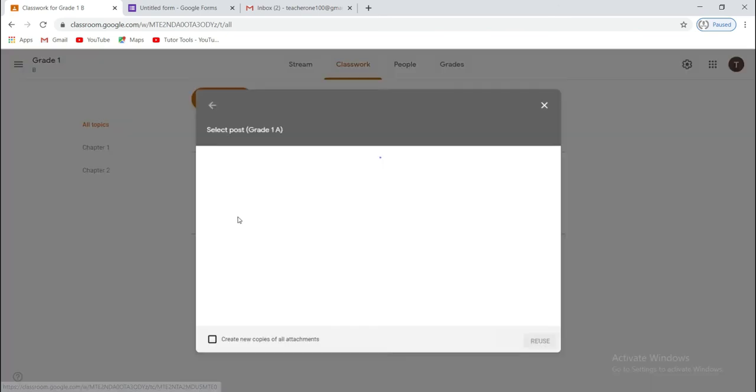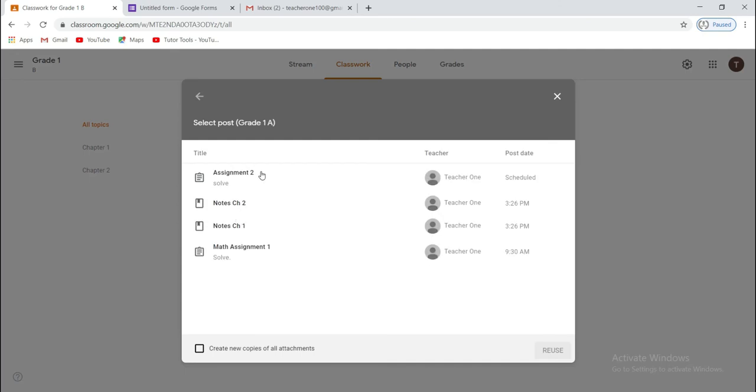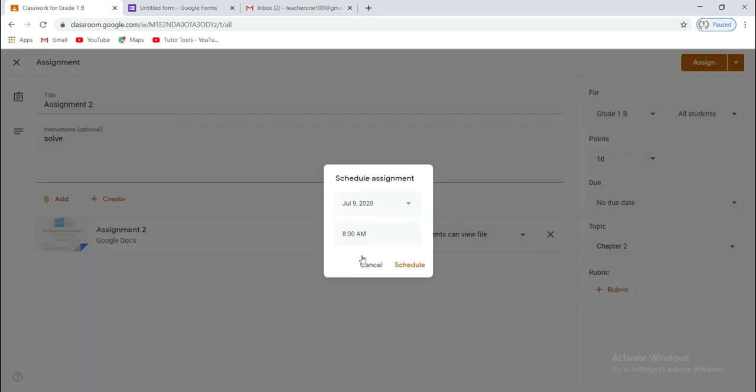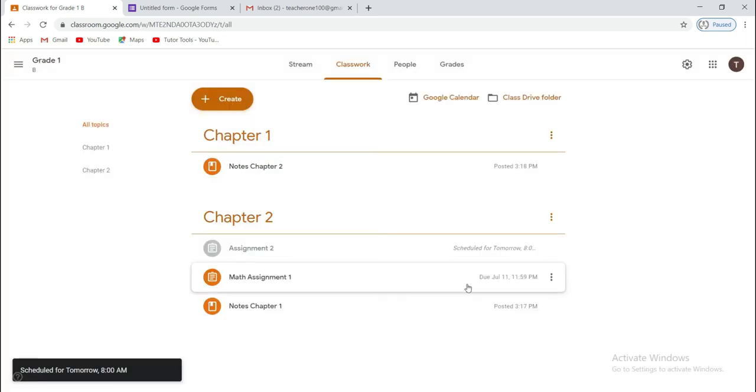We click on reuse post and select this assignment which has been scheduled and say reuse. The same file has appeared into the second class as well, and now you can schedule it for this class. And your work is done.